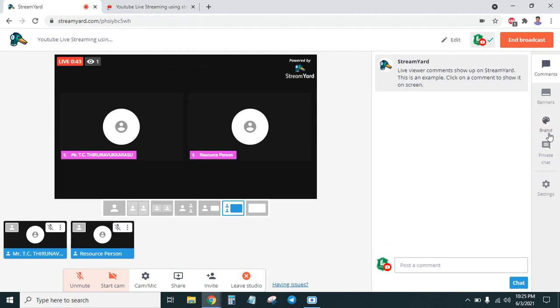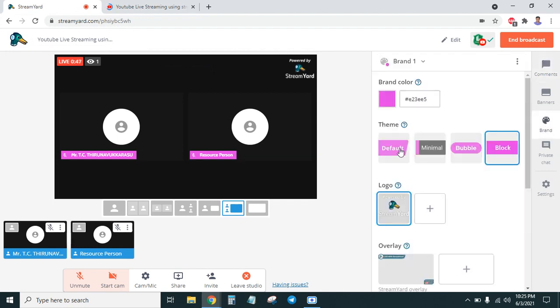Using the brand option, we can change the color.